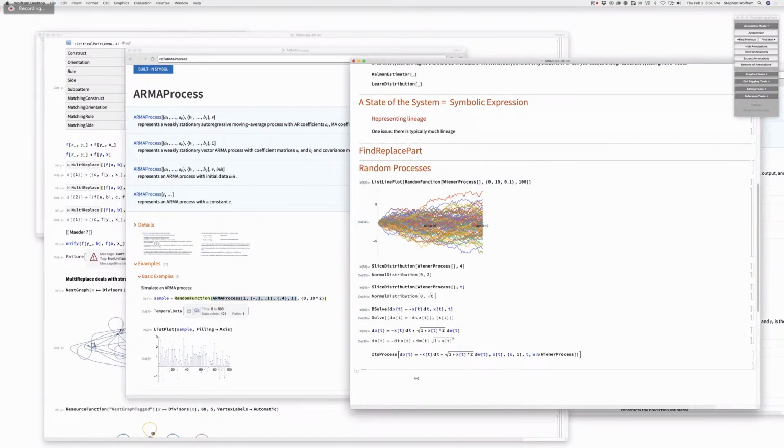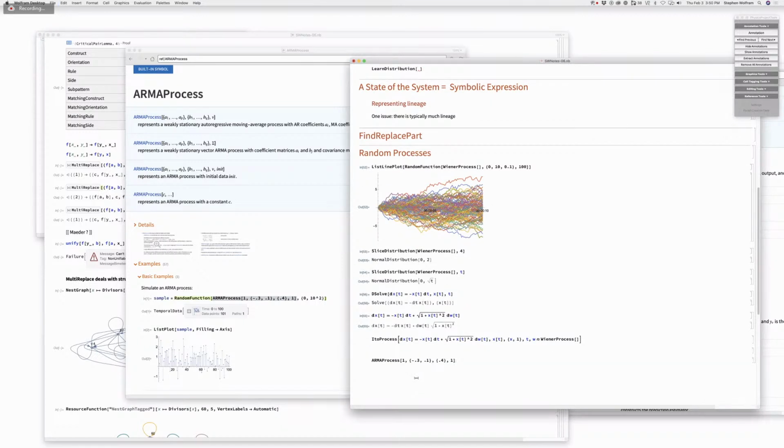Yeah. So some of these have it. Some of these are stationary, some are not, and we can tell. But this is a discrete time thing. Yeah. So okay, random function of that, for instance. And there you have to say over what time interval, like 0 to something. And then that will get you one path. Okay, so now if I say list line plot of that,